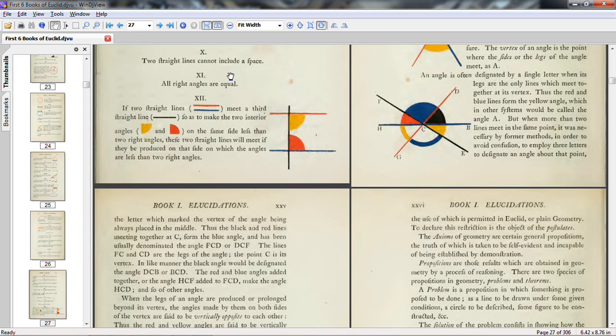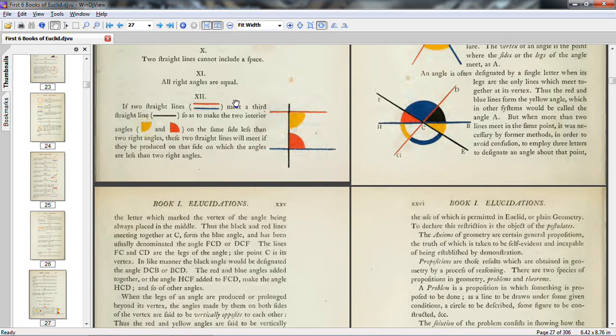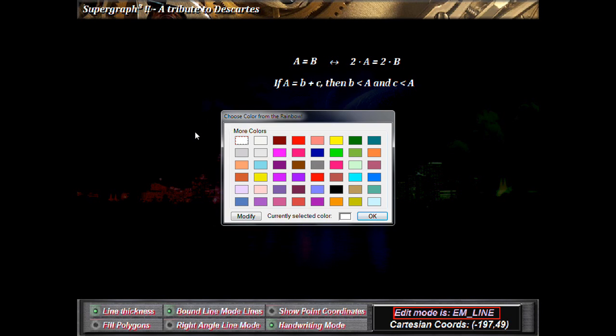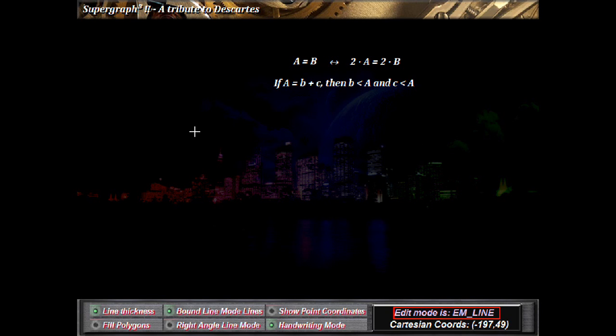Now this one I don't really understand. Two straight lines cannot include a space. Two straight lines. Oh, I know. Right. I figured it out. I thought I didn't understand it, and then it came to me. What it means essentially is, if I have two straight lines, here's one, and here might be another one. I was thinking of space as an emptiness, but really, I think what it means is